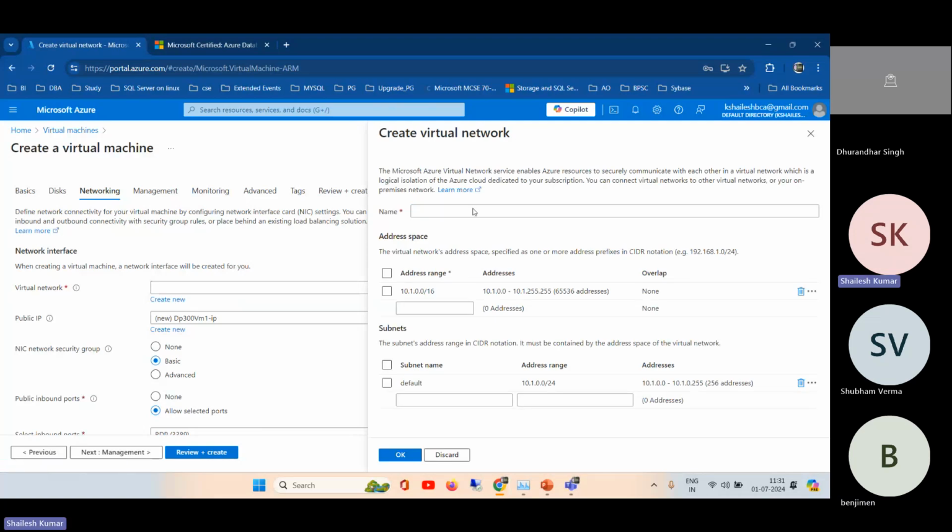For the new one, we can select all these things as per our requirement, like which IP address. I think you are aware of the IP classes, right? Yes, A, B, C, D and E. We use only A, B, C. We have a loopback address 127, and this is class A. Now we can type here DP demo, and this is the subnet IP. It will take this default range.